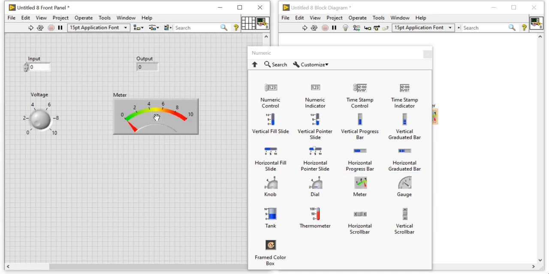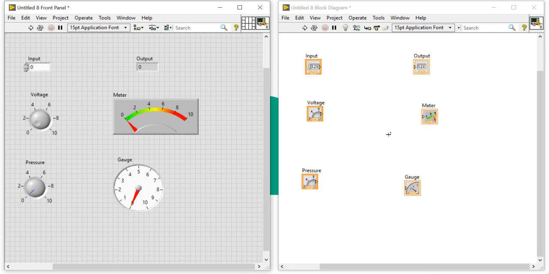Using this meter, I want to measure that voltage. Here the dial, I want to change the pressure. And using the gauge, I want to display. When you come into the block diagram, you will find